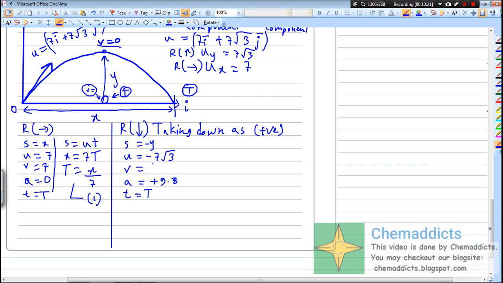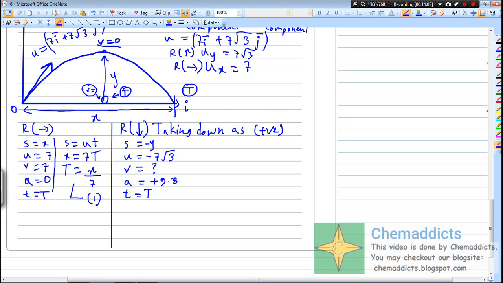We don't know about this velocity, so it is not 0, and we are not using it. Whenever this ball reaches over here, this is not the time of flight, it would be half the time of flight. Whenever the ball reaches here, it has completed half of its journey, so it wouldn't be the time of flight. It would be half of the time.